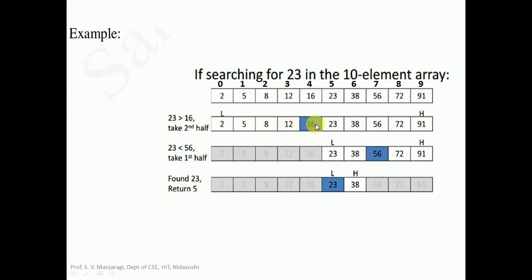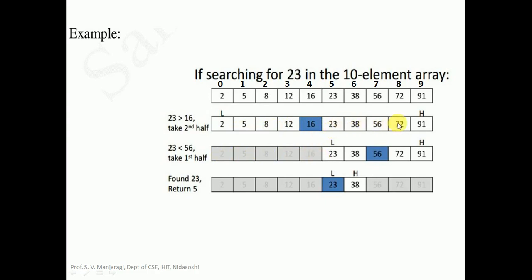So in that case, we need to discard the second half of the array and consider only the first half for searching, and apply the same technique, finding mid and comparing the key with the mid element. Otherwise, we need to search for the element in the second half. In this particular example, compare 23 with the middle element, that is 16. Here 23 is greater than 16, then 23 may be present in the second half, not in the first half, because in the first half all the elements are smaller than the middle element. So let us discuss this particular part here.